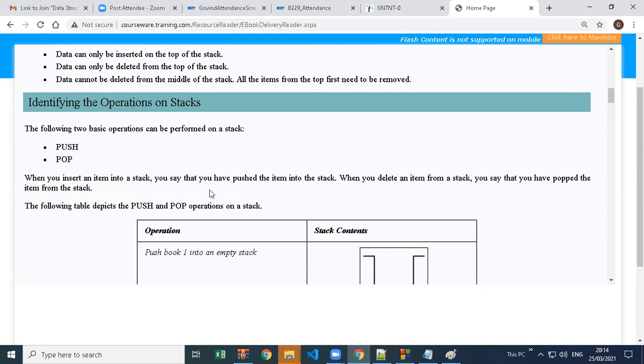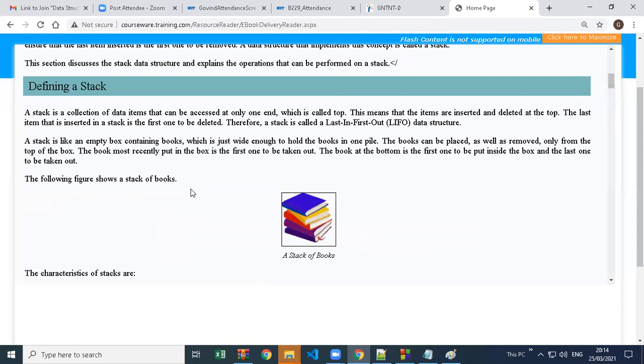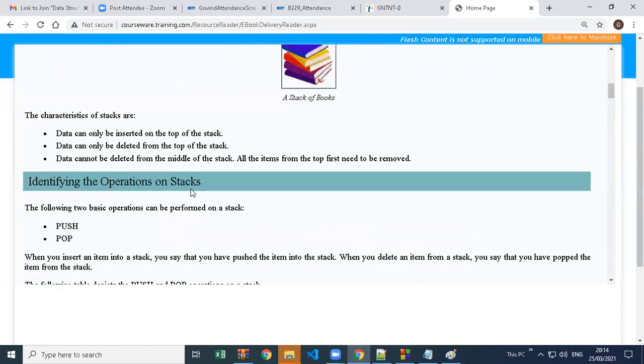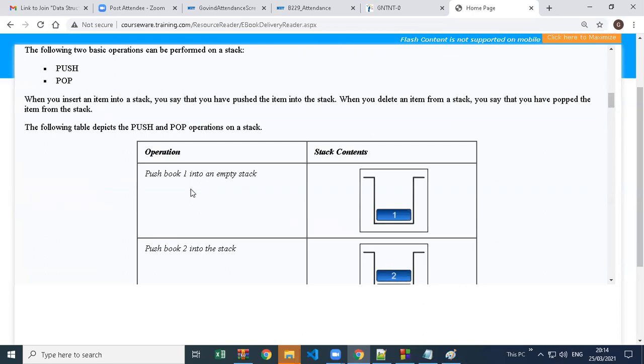In some languages there are built-in methods with the same names, push and pop, to store and remove values, so in coding it is also easy to remember.